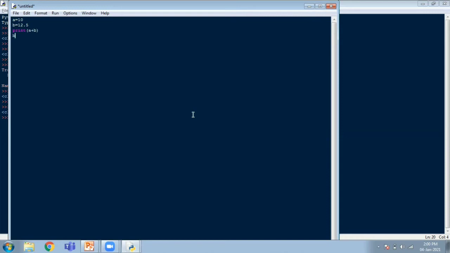Now the same b I am assigning a new value to, and now again I print a plus b. The a value I am not changing, but you can see I am changing the b value. Now again I am changing the b value.